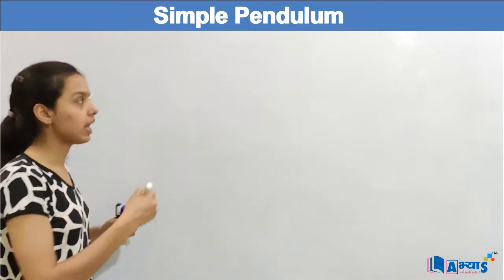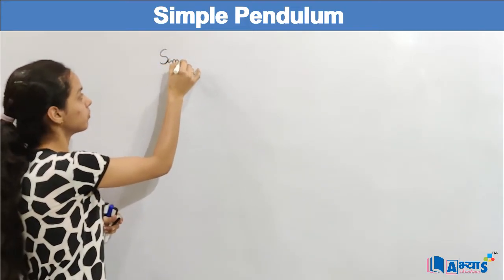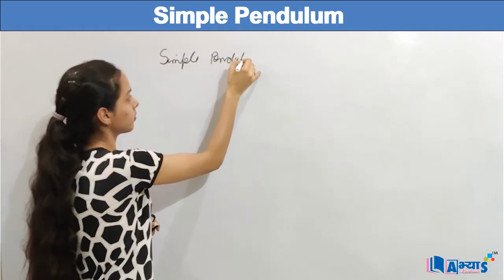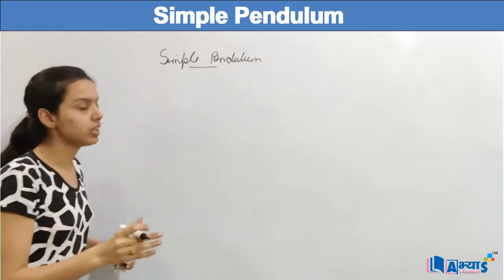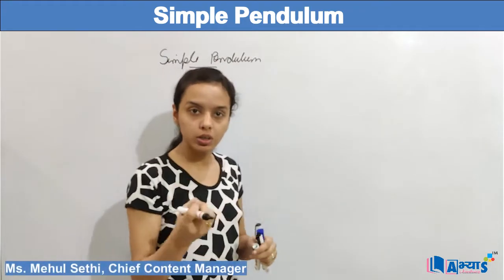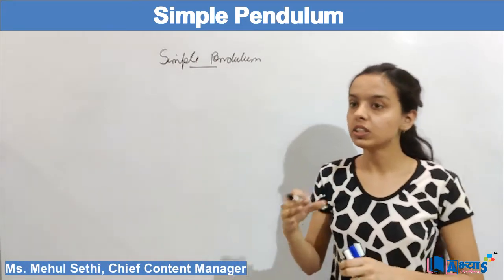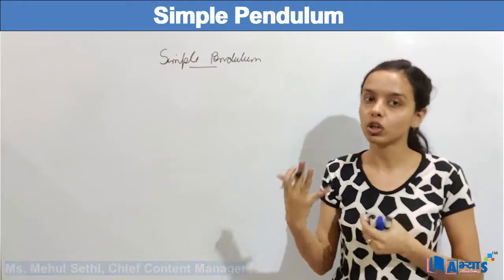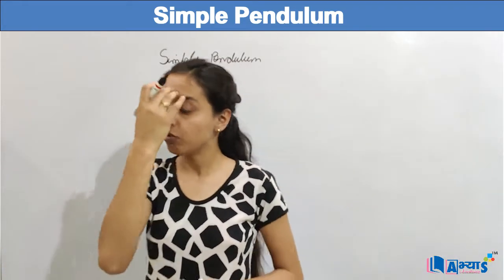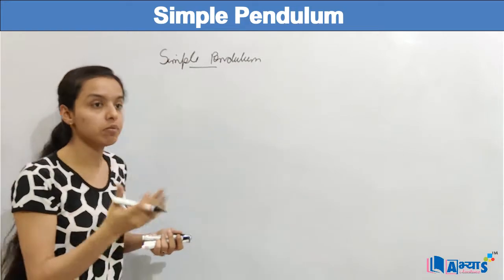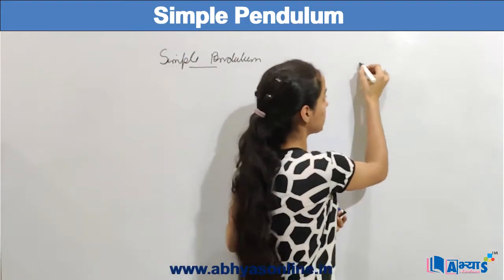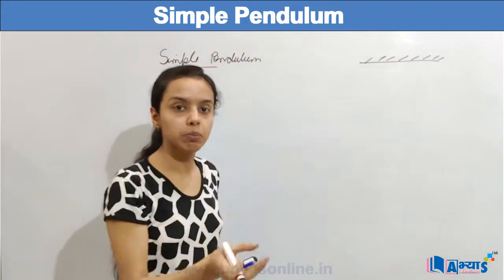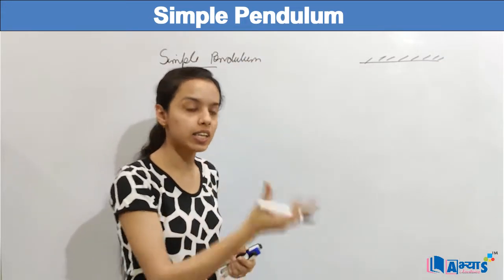Us a new concept, that is simple pendulum. Actually, in a simple pendulum, there are a few terms that you must know, because if we don't know these terms, we cannot define the time period and the oscillation of a pendulum. So, for example, in a pendulum, we have a fixed support. So, this is the fixed support, and with this fixed support, there is a length of thread that is hanging.